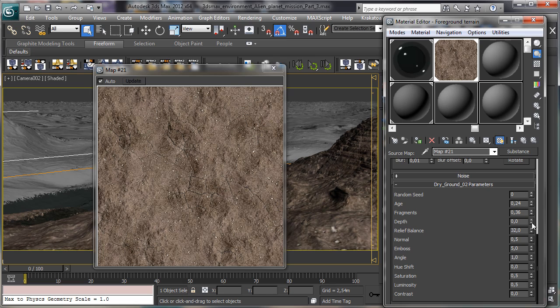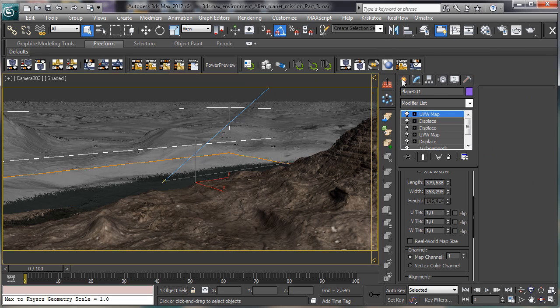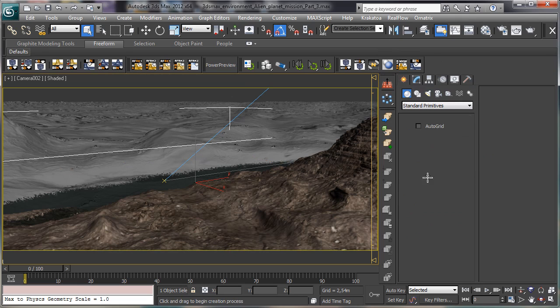Okay. Let's see other things like the color and the saturation, but we have to test it. So we have to check the rendering,